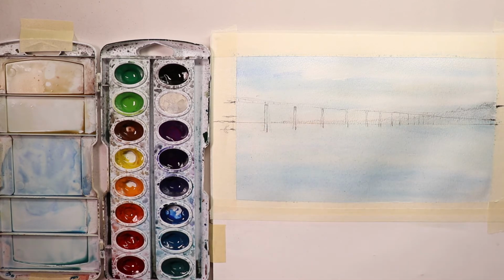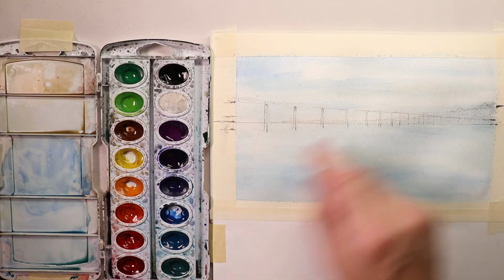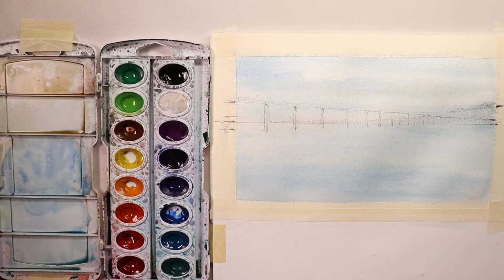Let this stuff dry. Let that water dry on there, and then you're going to have a great time going back in and doing your second wash over the top, which is going to be the bridge and the distant mountains. We'll do the distant mountains first, and we'll do the bridge last, and you'll see how really great it